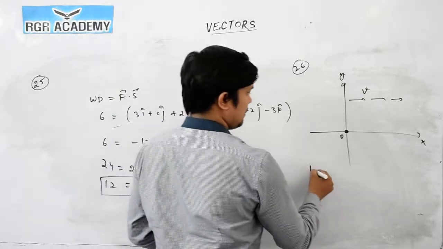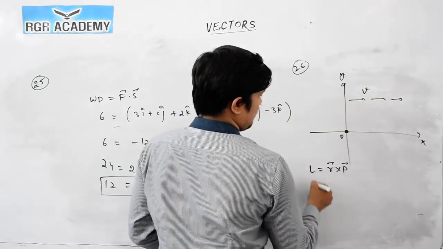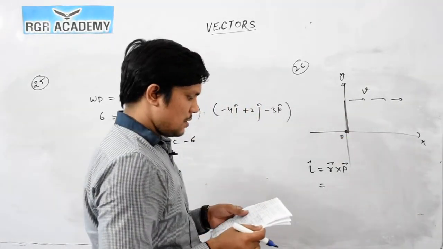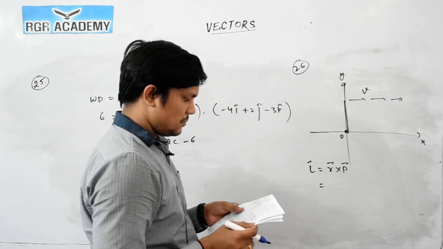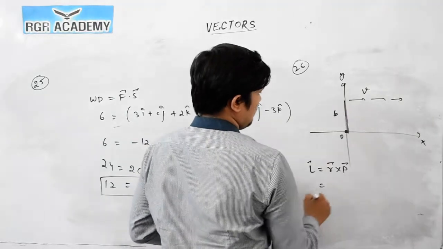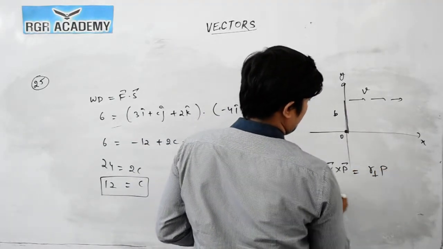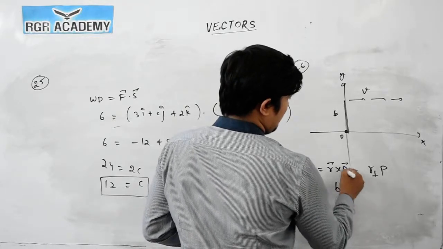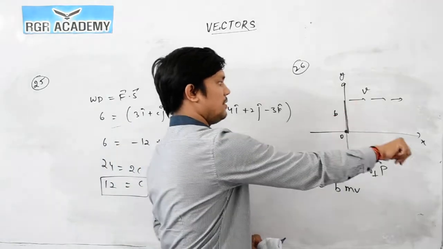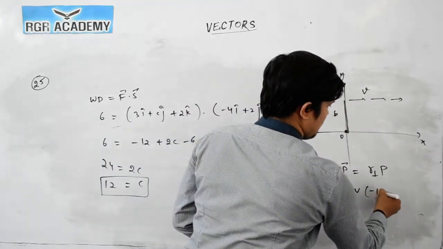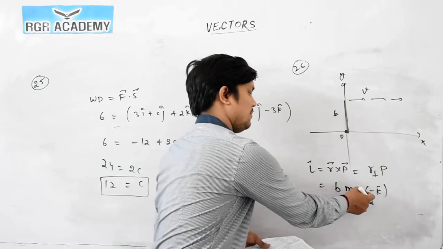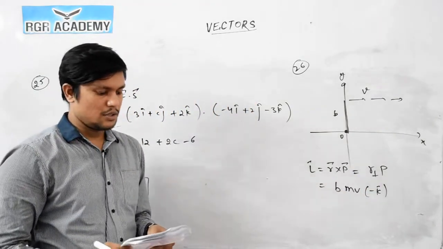So we know that angular momentum is given by r cross p. So this distance will be what? Parallel to this, actually we can consider this distance, maybe they have given as b. So we can write this as r perpendicular into p. So r perpendicular is b and momentum is mass into velocity. So r cross v will be in the inward direction, that is minus k cap. So if you see the options, option number 3 is correct, minus m v b k cap. So the answer is option number C.